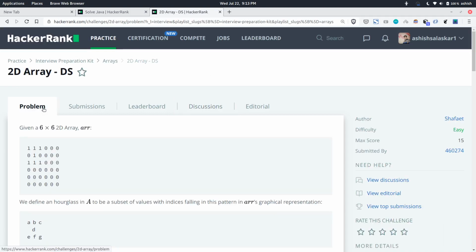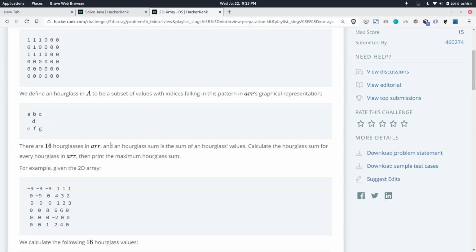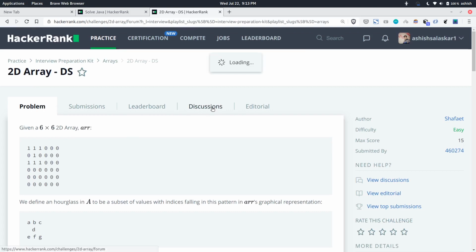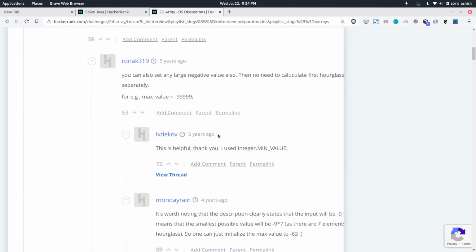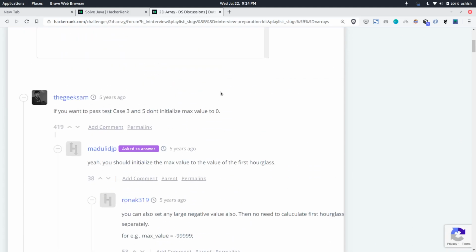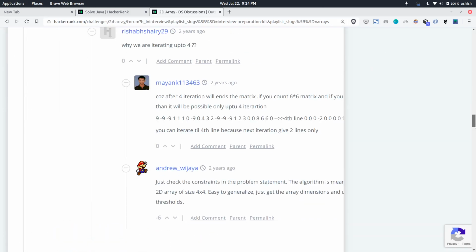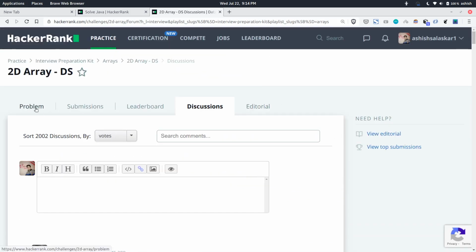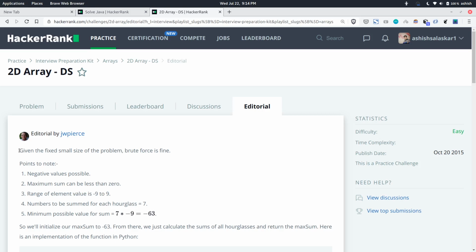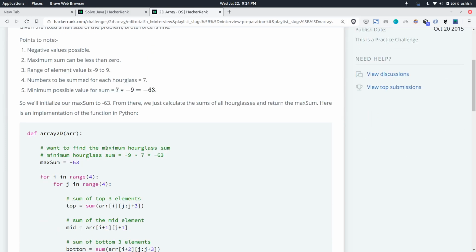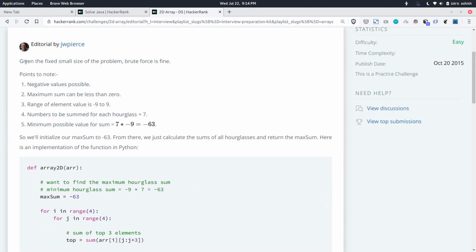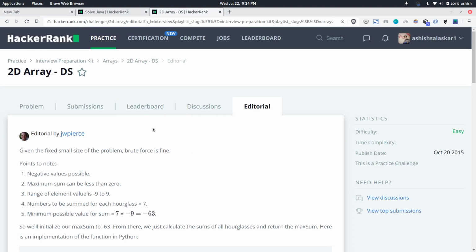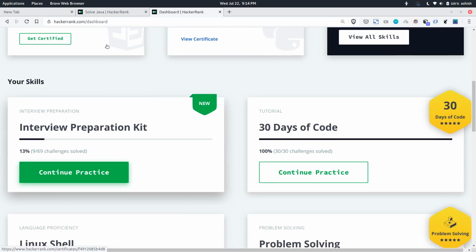Okay, so the general idea is you first read the problem. Okay, if you are not getting any solution, go to the discussion section. Okay, and just check what others have done or what ideas they have given. So more often than not, you will get your ideas in this discussion section itself. So you can go through it. And if by any means you are not able to solve the question, just go to the editorial. Okay, and then you can see the solution given by the HackerRank people. So here, as you can see, the code is only given in Python, but the algorithm is clearly mentioned, so you can read through it. Okay, so you can do that.